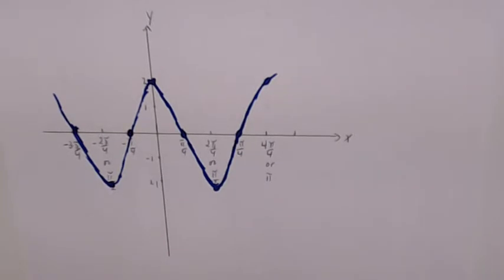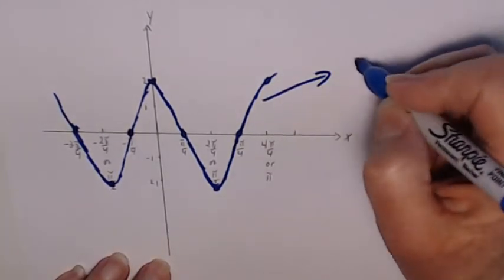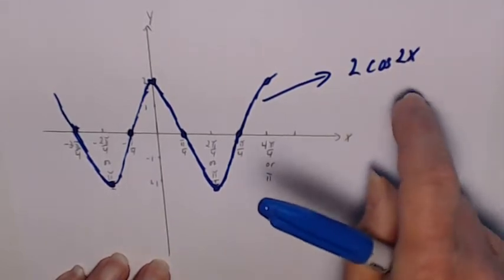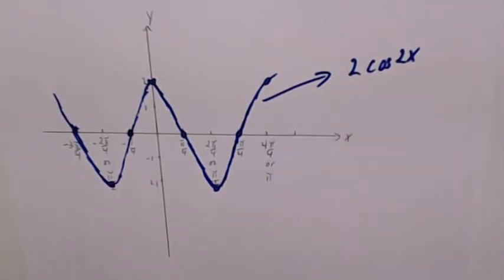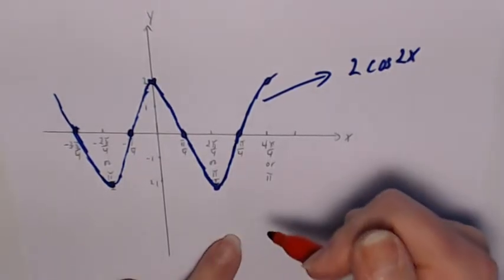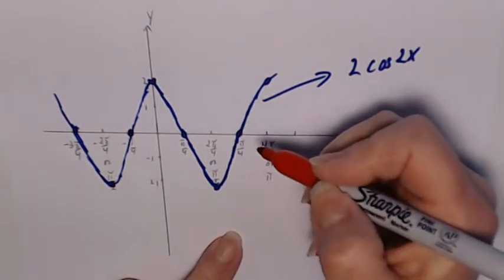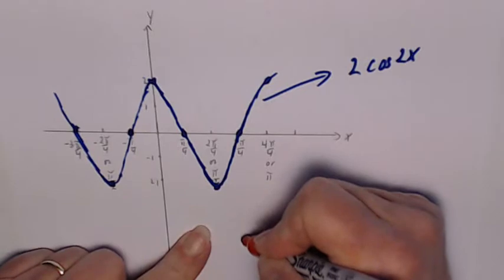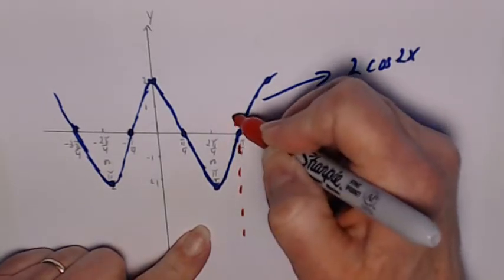However, this is cosine here. This is our function 2 cosine 2x. That's not what our mission here is. We want the secant. So in order to graph our secant function, we need to put in vertical asymptotes. Every time we have a 0 in our cos, so at 3 pi over 4 here, we're going to have